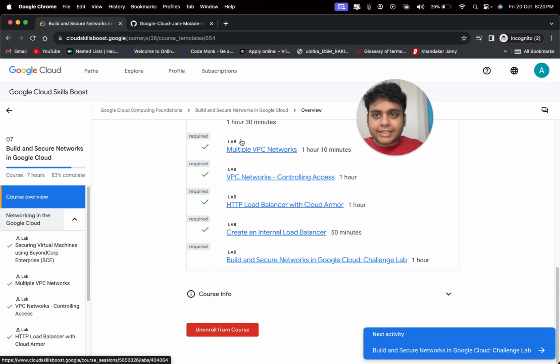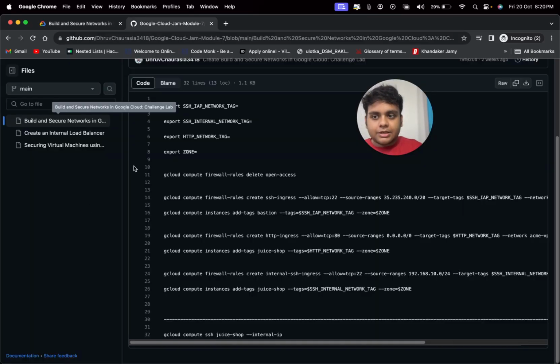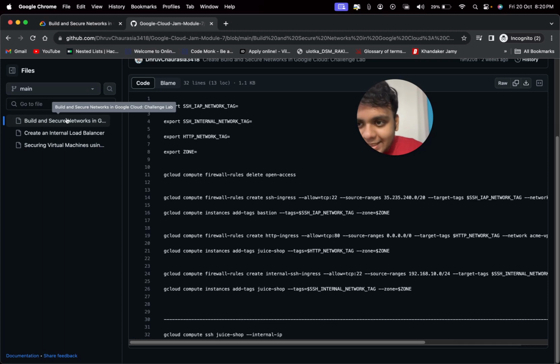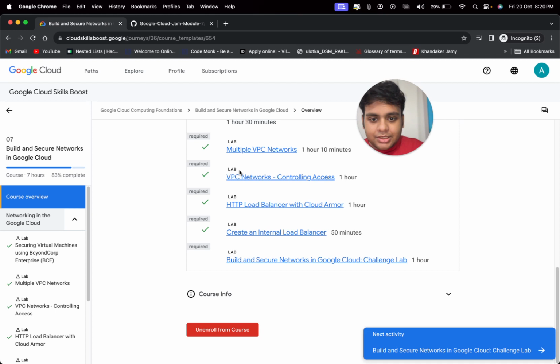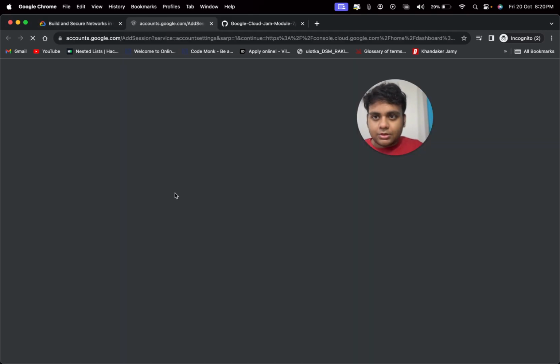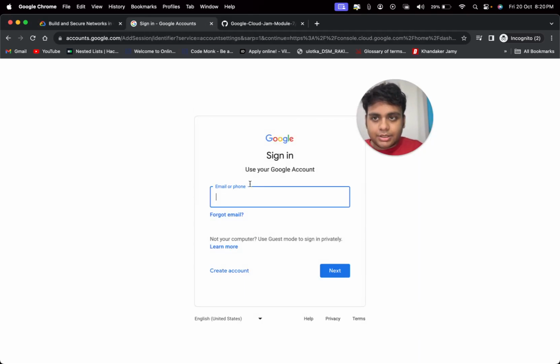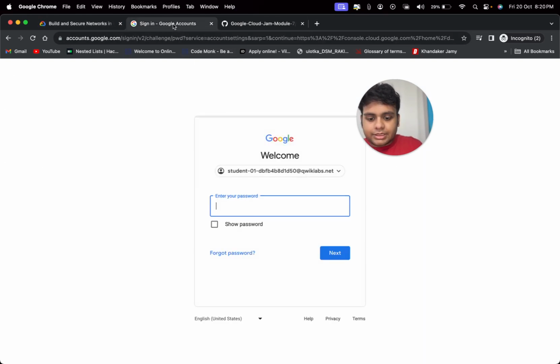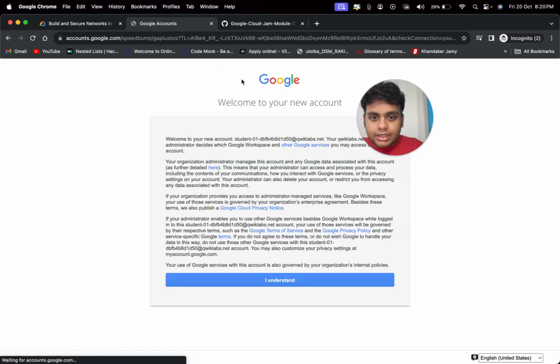So okay, before starting this, just make sure you are on the same page, the same link that I have sent you, and you're on this Build and Secure Networks in Google Cloud. So just click that and make sure you are starting with this lab. Click start lab, click open Google Cloud Console, use another account, and then click the username, paste it, select the password and paste it. Alright, now when this is done, click I understand,